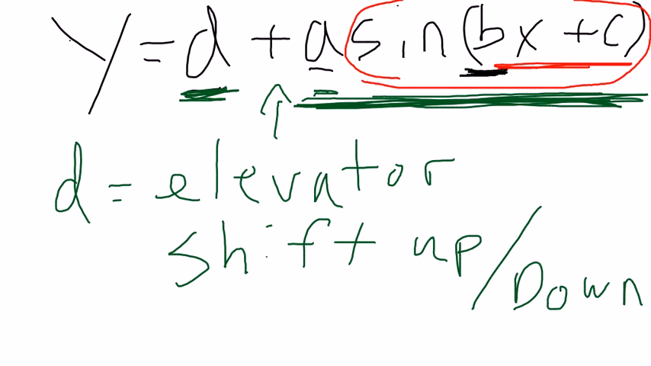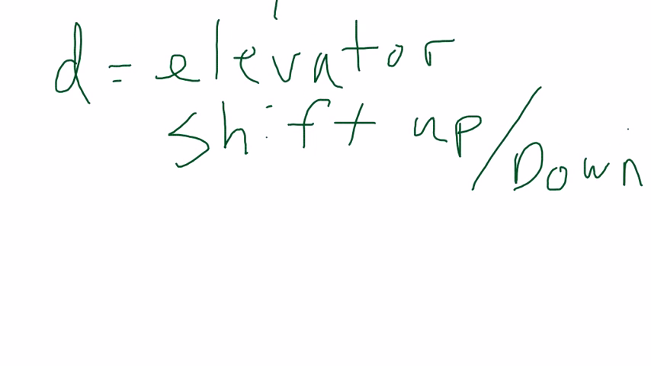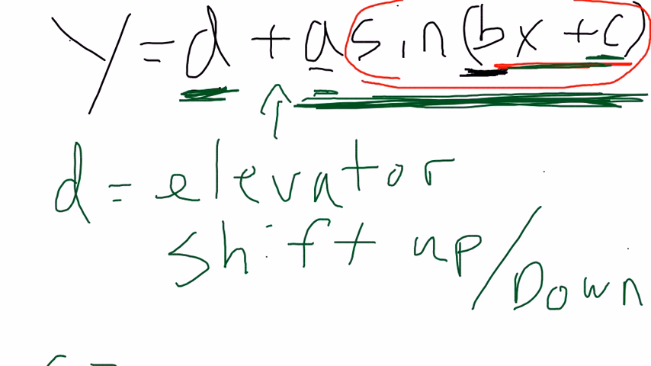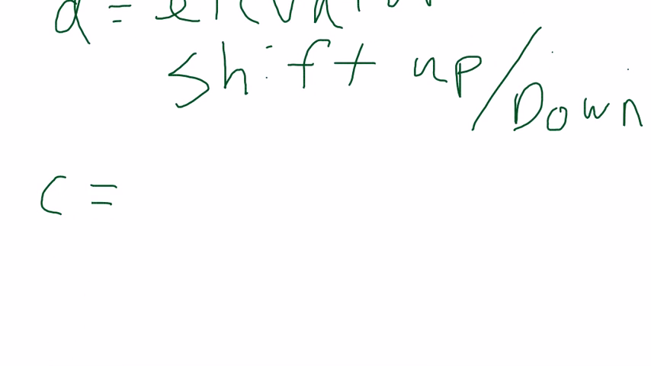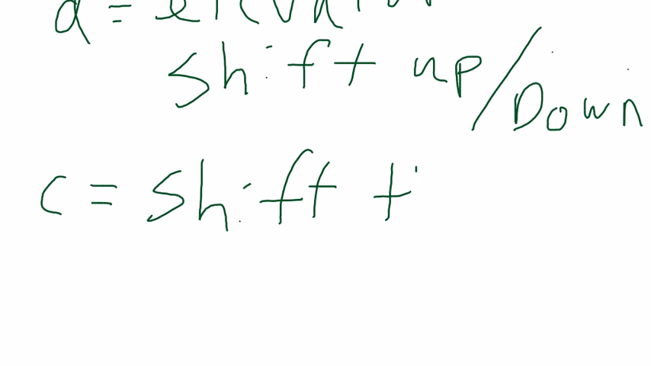Okay, the other value is this C. So what's that going to do? Okay, C is attached to the angle. Okay, so it's not going to change the height, but it is going to shift it left and right. Okay, it's going to shift the function